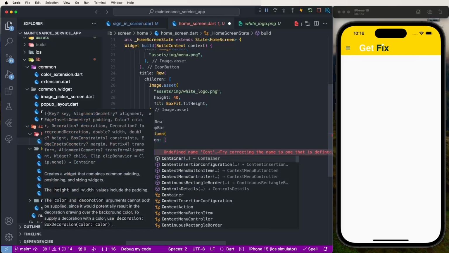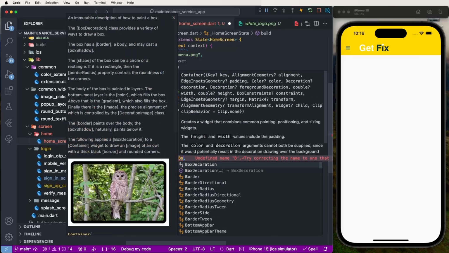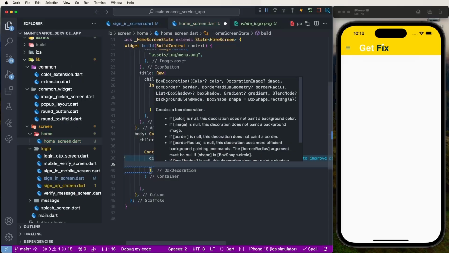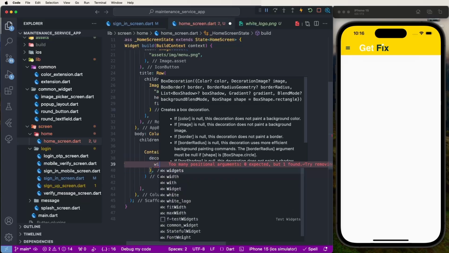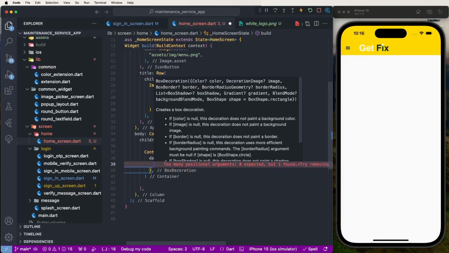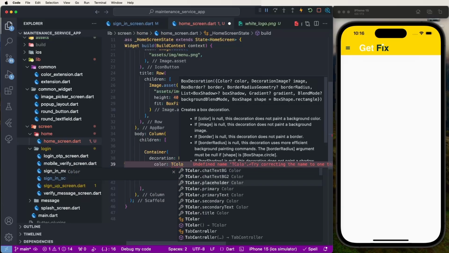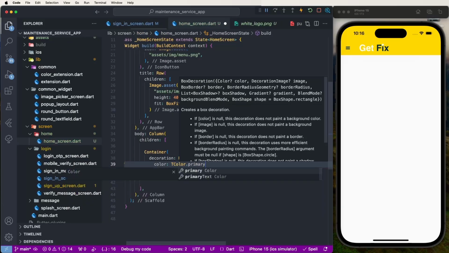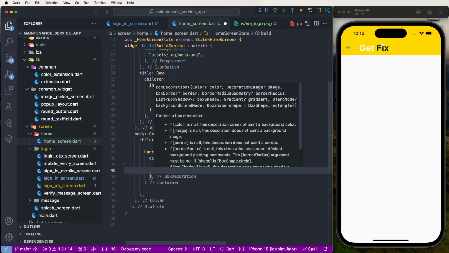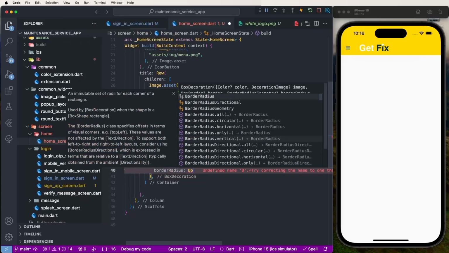We need to develop the containers. We need to set the decorations, the box decorations. We need to give this the width and colors. Need to give this the primary color. Set primary colors, not primary text, into primary colors. And now we need to give this the border radius. We need to set the border radius